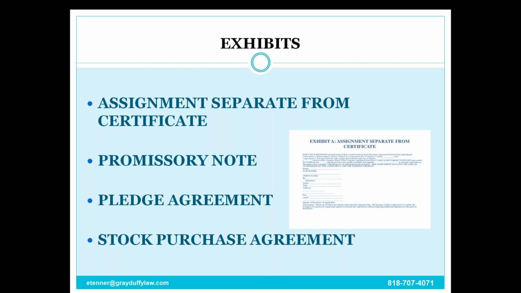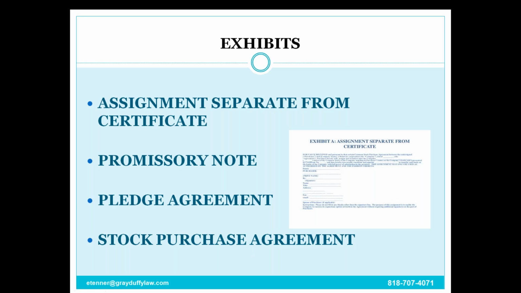The manufacturer could also decide that it's not going to do that and use the fact that there isn't a stock purchase agreement as leverage to not approve a buyer. Because they can always say, well, we need a purchase agreement, and if you can't agree on the terms of a purchase agreement, then there's no right to sell. So it's a good idea to have one attached.